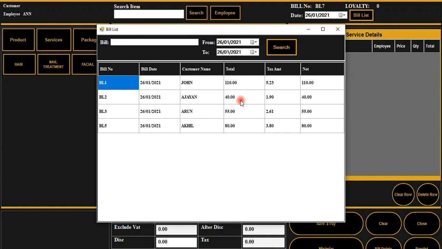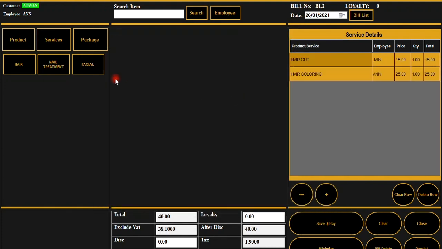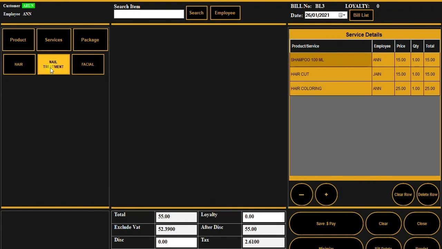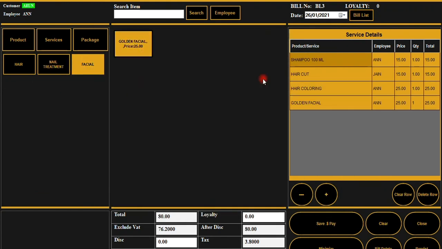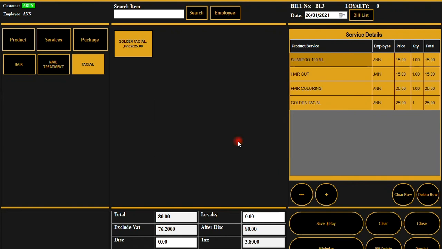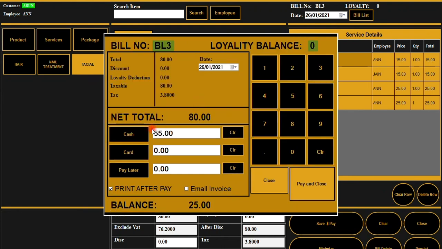Go to the bill list, right? As soon as you go to the bill list, there will be a lot of bills present, right? Click on any bill, add the treatment, edit the treatment, you can change it, clear the row, and everything is there, save, and the person can pay. Now when you're deleting it, as I told you, admin access is very important. Without admin access, the bill cannot be deleted. Yeah, if the admin has already given the access to the client, then well and good.